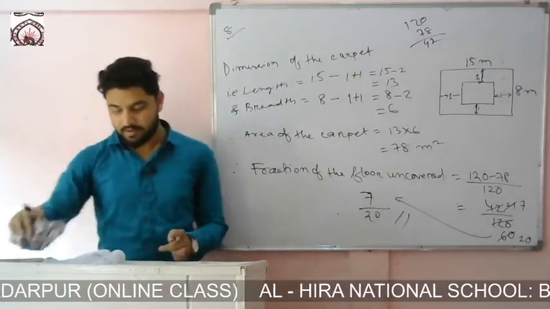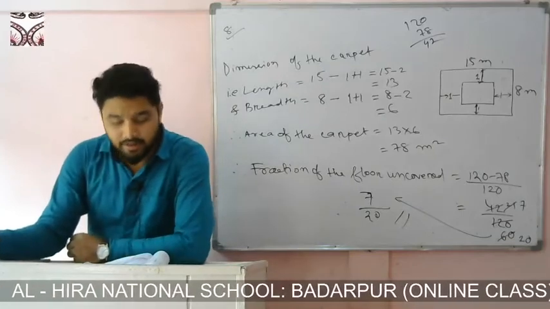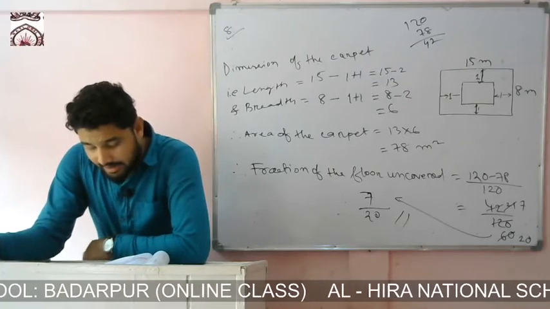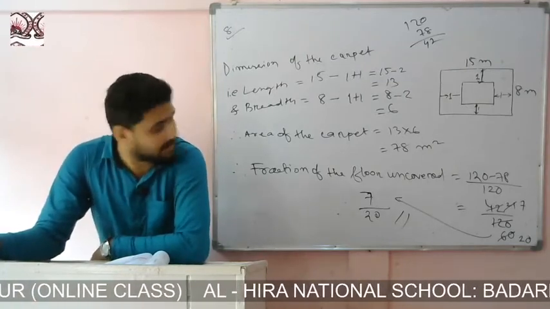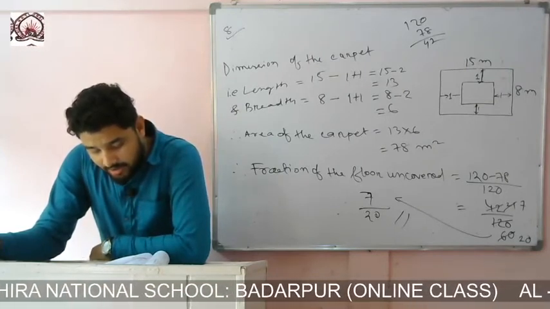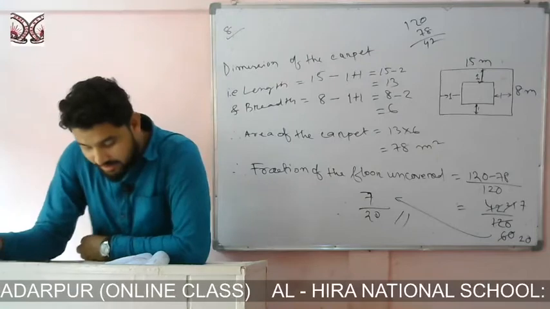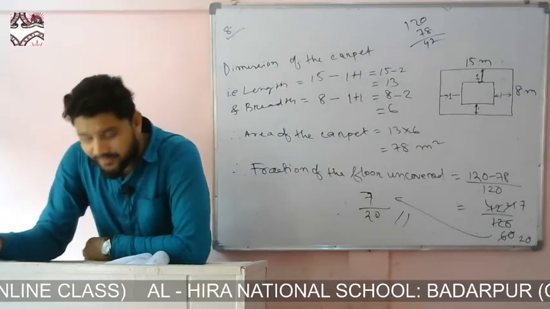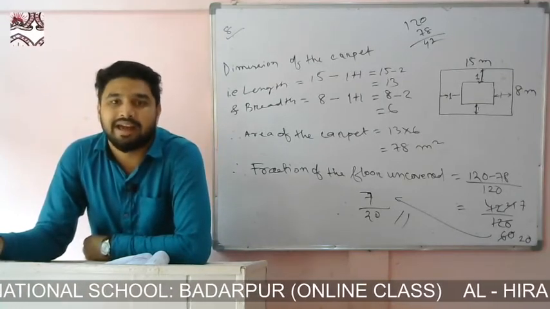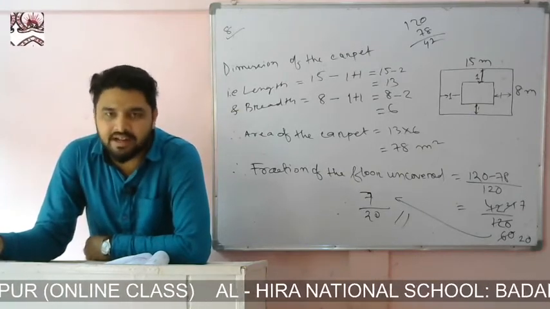Okay, now come to question number 9. You see question number 9. The length and breadth of the rectangular park are in the ratio 8:5. Okay, that means they are in the ratio 8:5. And earlier also I said that whenever you find ratio, at that time you have to let x or any variable with that ratio. Okay, so it will be 8x and 5x like this.